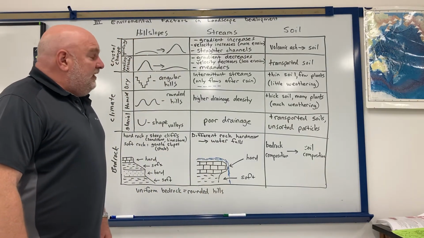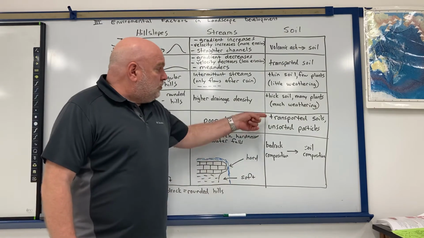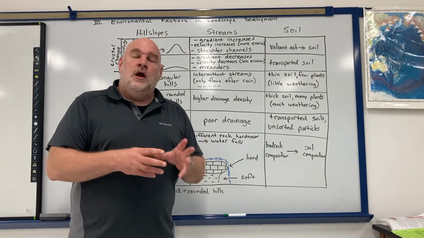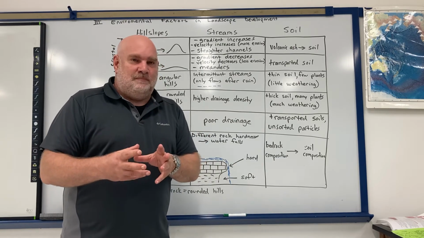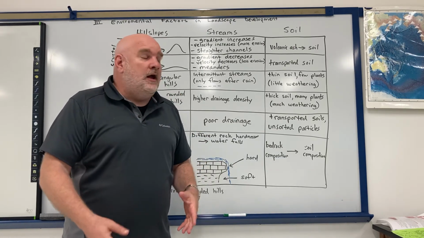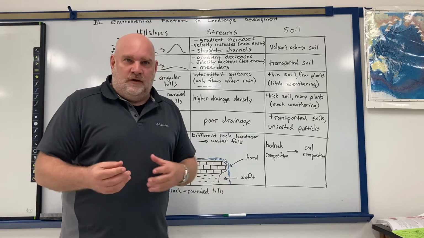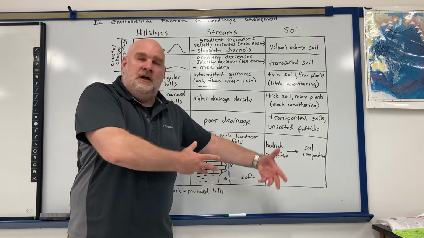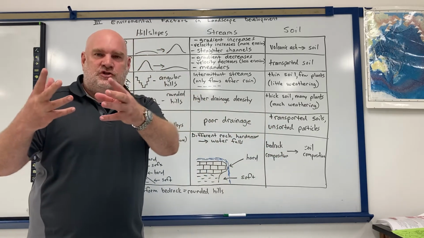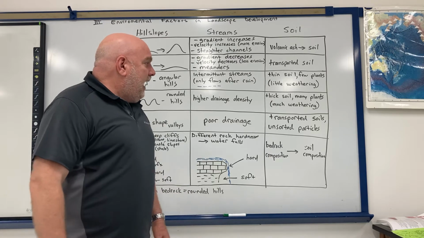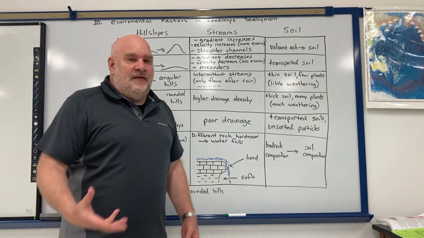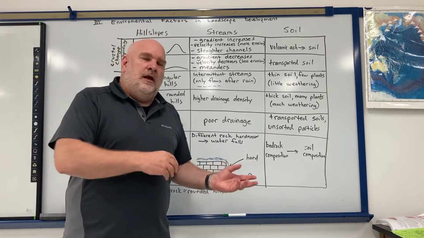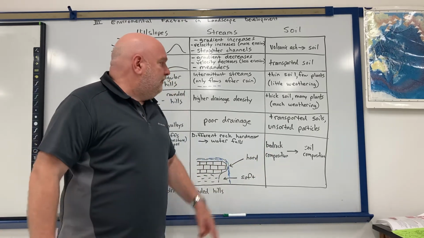In areas that were recently covered by glaciers, most of the soil is transported soil because, again, glaciers came through with all sorts of junk. When the glaciers melted, it just dumps the junk right there. That junk it brings with it may have come from 500 miles away. The glaciers scoop it up in one place, carry it, and then when the glacier melts, it dumps it in a new location. And because glaciers are solid, they could pick up any size particles. They could pick up grains of sand, they could pick up giant boulders. And when it melts, it just dumps that stuff there.